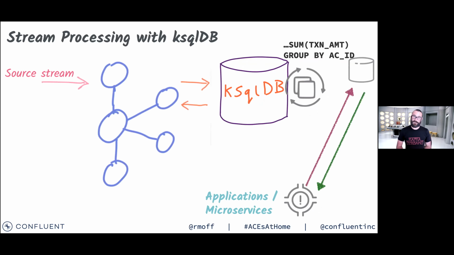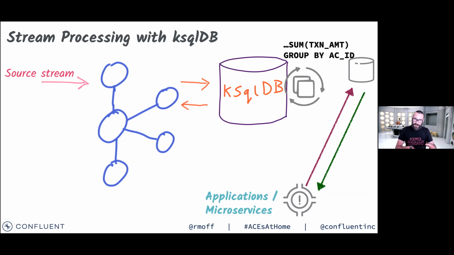But then we also said, well, we can sometimes write a SQL statement which is going to materialize the state within ksqlDB. So we've got an aggregate function in there, so we're going to have that state available within ksqlDB. And ksqlDB is also distributed and highly performant and resilient, and you've got redundancy and all the rest of that good stuff. So we can then write our applications that can do key value lookups directly against that state.